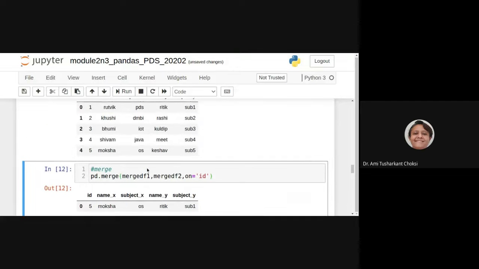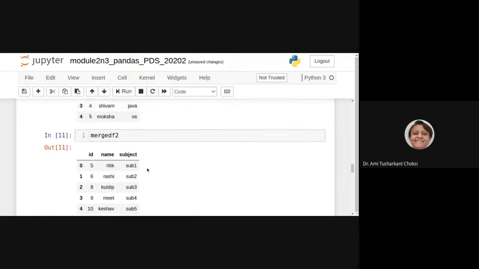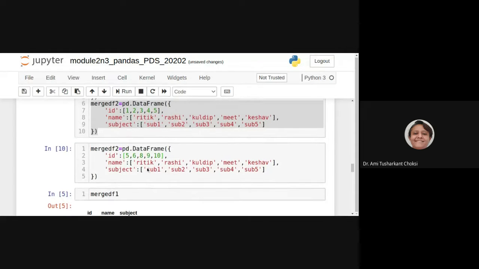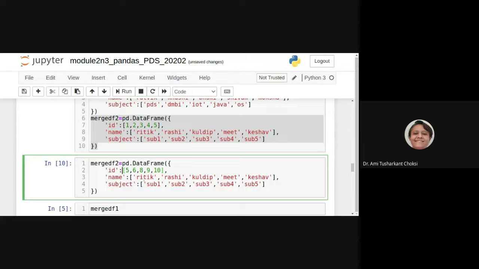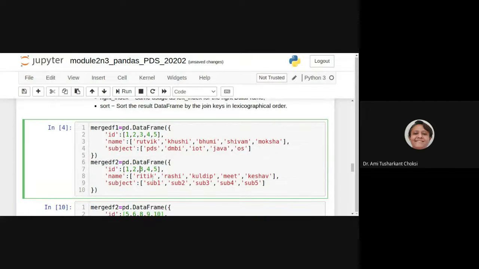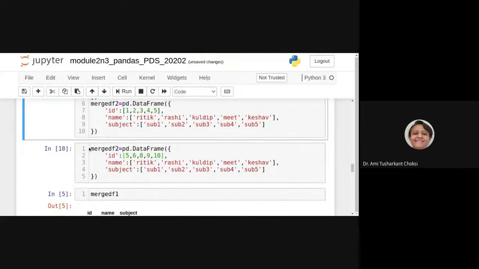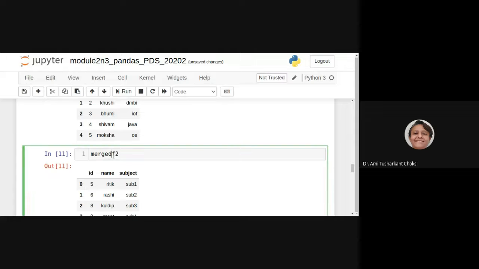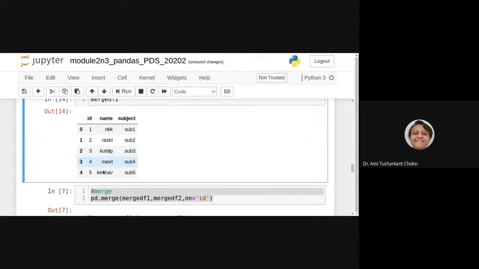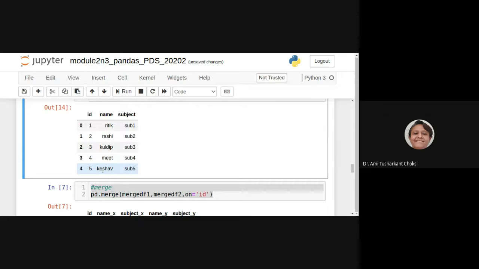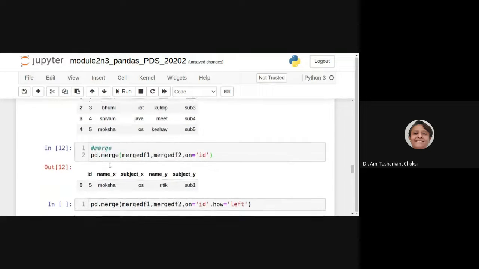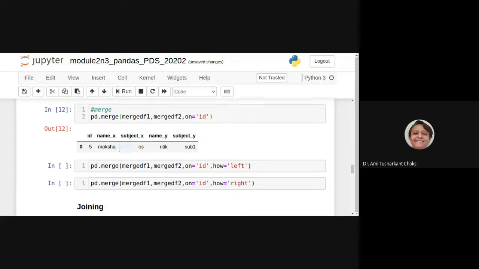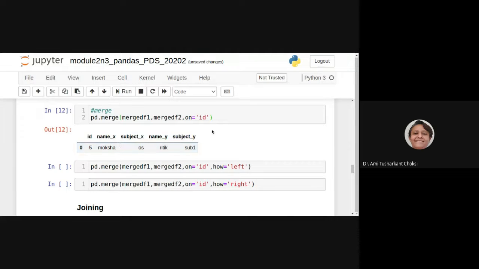So now let me keep our original df so we can see the difference. This was our original df. We can put this later also, no issue. But just now, what is there in merge df? It is 1, 2, 3, 4, 5. Okay, I have changed it back, I have put it as it was. Now let's see what we want to do. Merge we have already done, that was on ID. Simple was that.